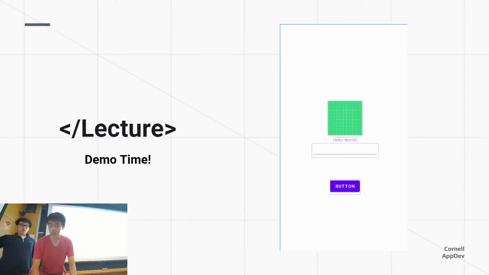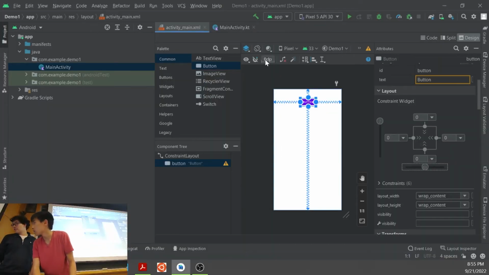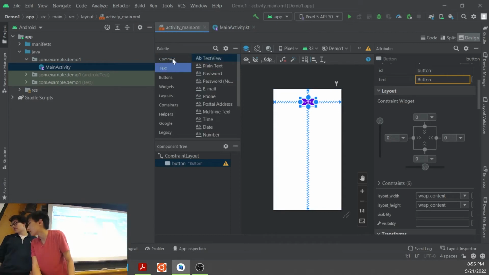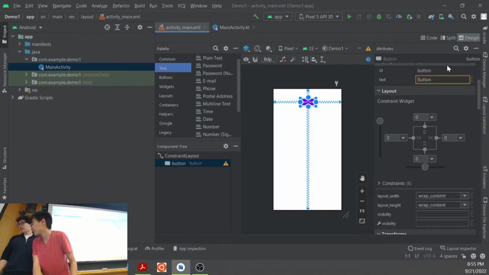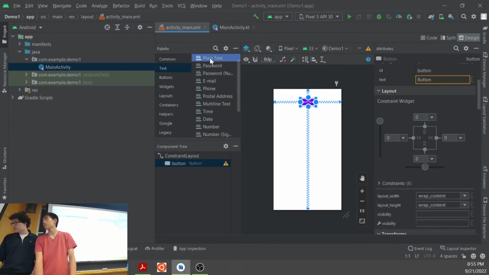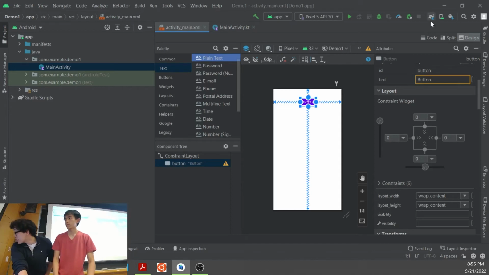Edit text in the palette. Okay, let's take a look. It's not actually there. There are different categories here. It's not in these categories. Yeah, I'm pretty sure it just isn't. No, it is. The way you do it is